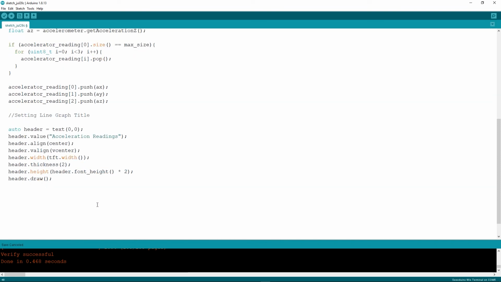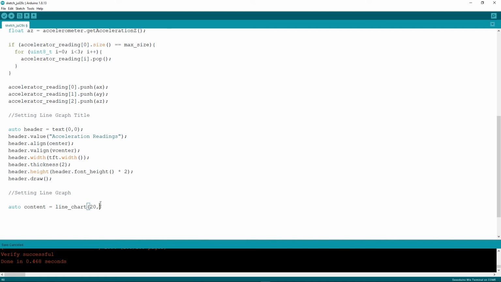So to set the line graph, we comment it, setting line graph. So auto content equals line chart. So this is where the line chart will begin.